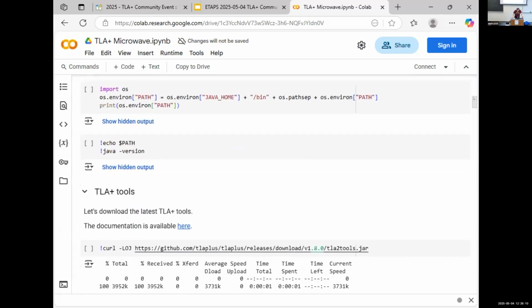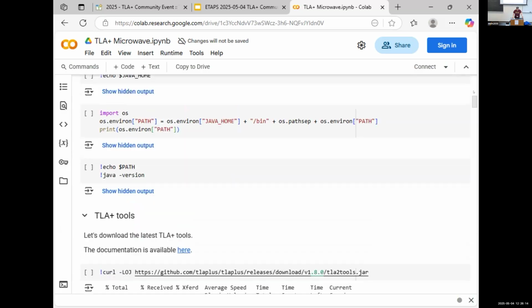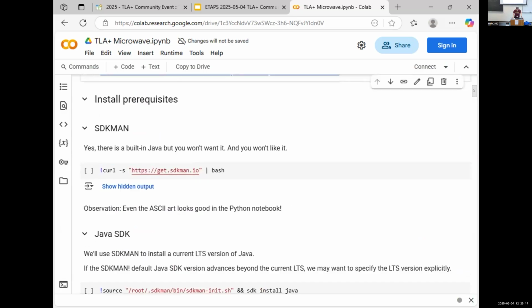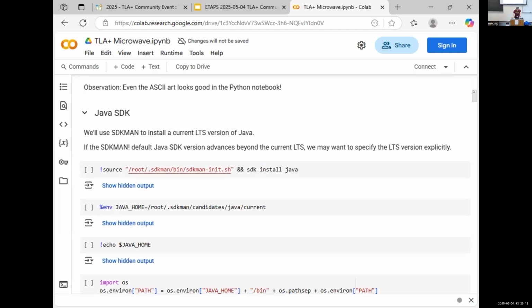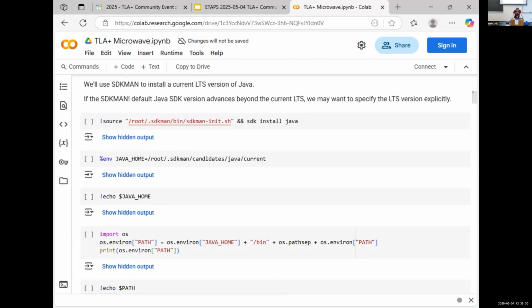I am going to spare you the pain of a full live demo, because some of the steps take a minute or two, like a modern Java install using SDKMAN or that type of stuff. It just takes a little while. But basically, if you pull up this notebook,